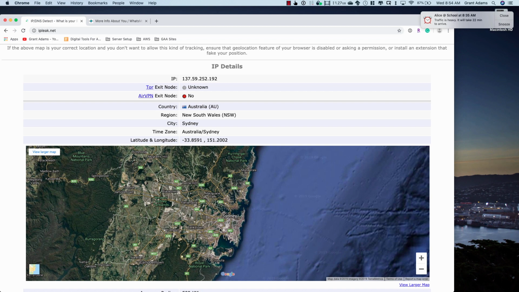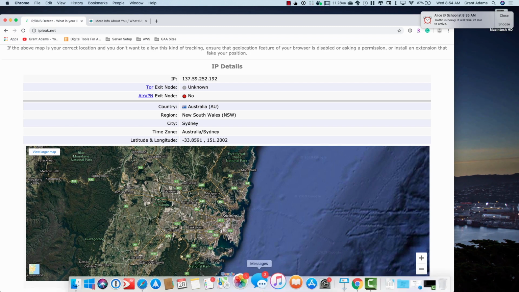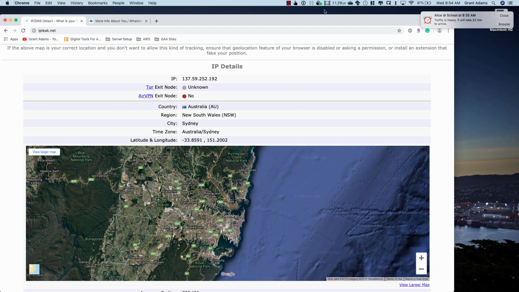Because my guess is nobody else would tell you about it. Okay? So there it is. That's an example of how it could be good if you wanted to check your email. So my father-in-law, when he's in Ecuador, logs into the system, and instead of saying, like in this case scenario, I said, OK, I want to go to Australia and browse the internet as if I'm in Australia, he just wants to connect back to the Bay Area so he can check his email. So he just connects back to the Bay Area, and then he can check his email.